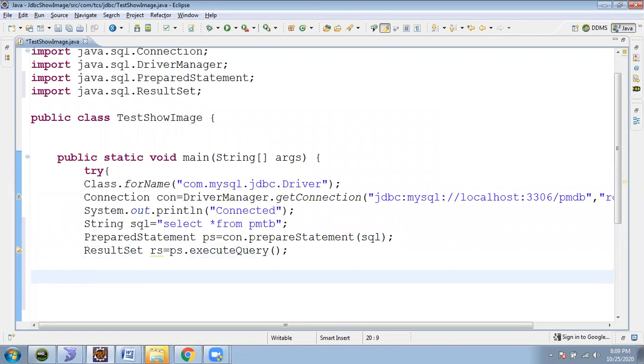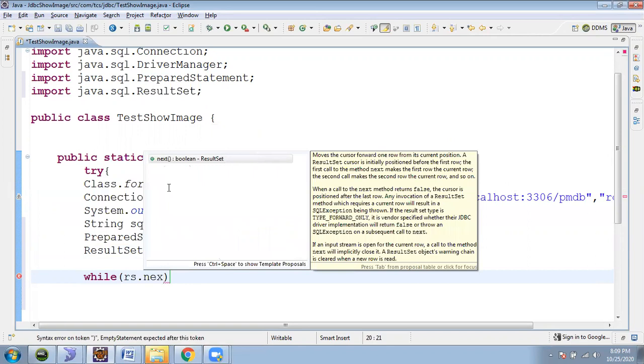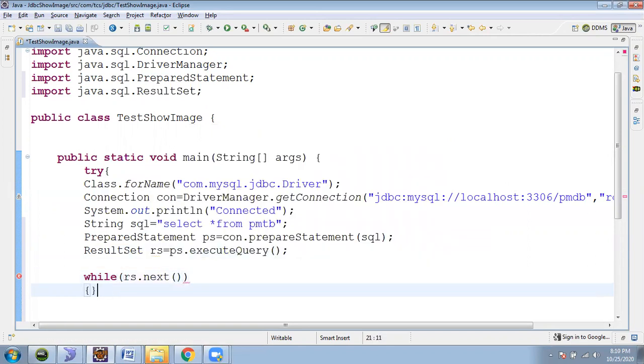Now what I'm trying to do is a while loop. rs.next, what does it return? It returns a boolean value. If it is true, then it will execute the code which is already written in the while block, right?